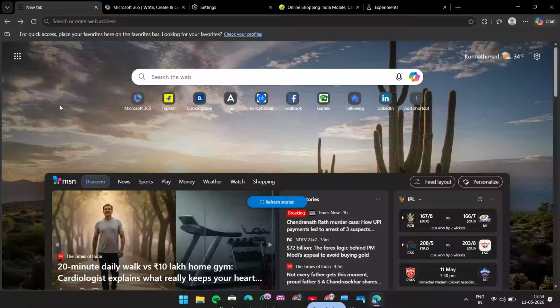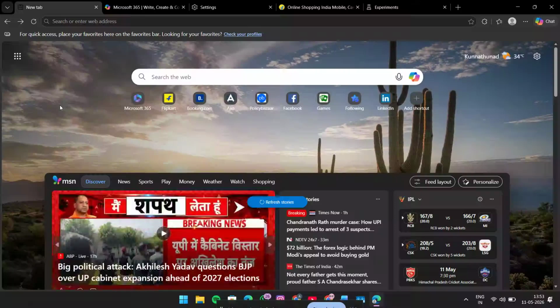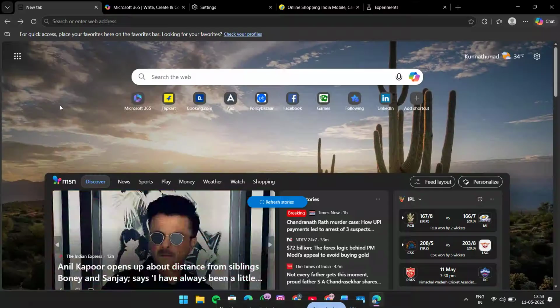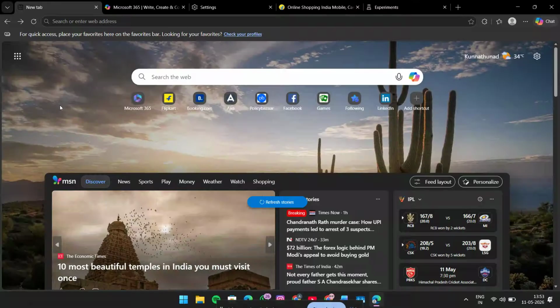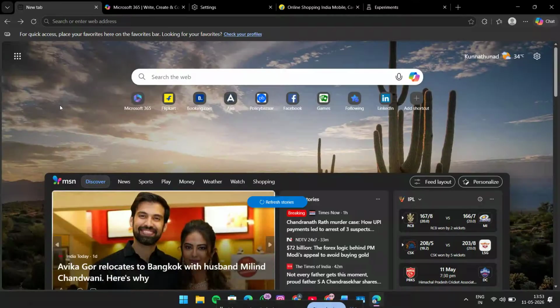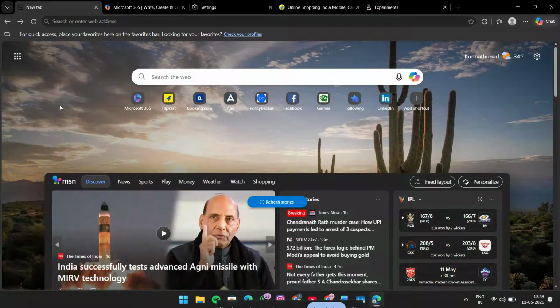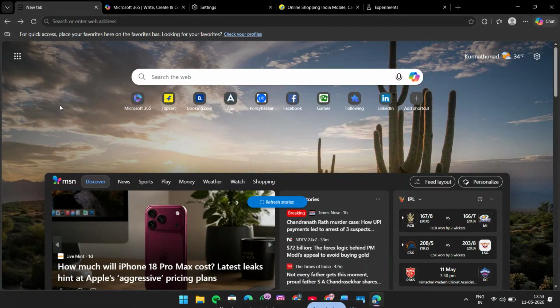If you want a quick and easy way to keep track of your favorite websites in Windows 10, Microsoft Edge makes it simple. In this video, I'm going to show you how to save favorites in the Windows 10 Edge browser so you can come back to important pages anytime you want. This is a great trick for saving useful websites, work pages, research links, shopping pages, and anything else you visit